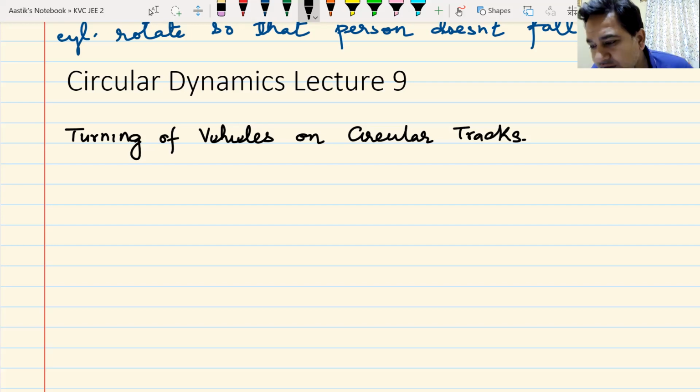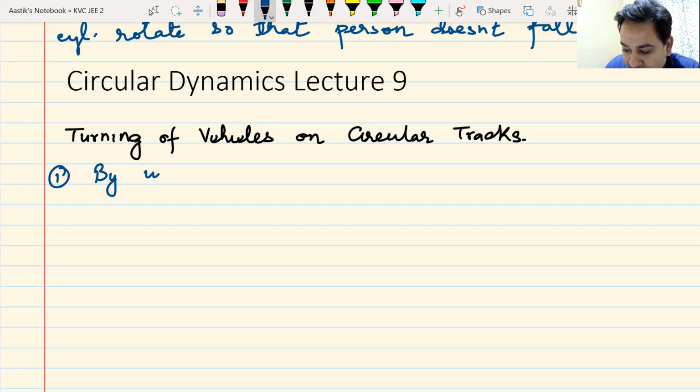How can a vehicle turn? Now, there are only two ways in which a vehicle turns on a circular track, or any vehicle changes direction. The only way a vehicle can change direction is by two ways. What are the two ways? The first way is